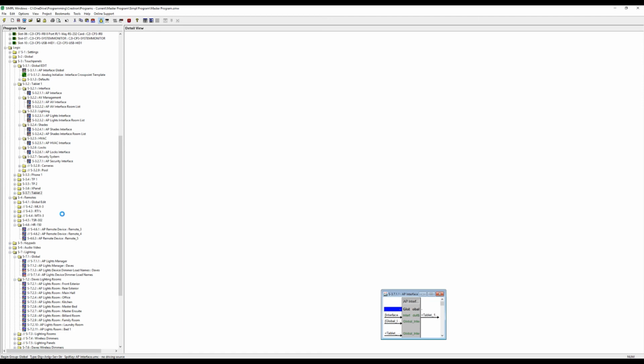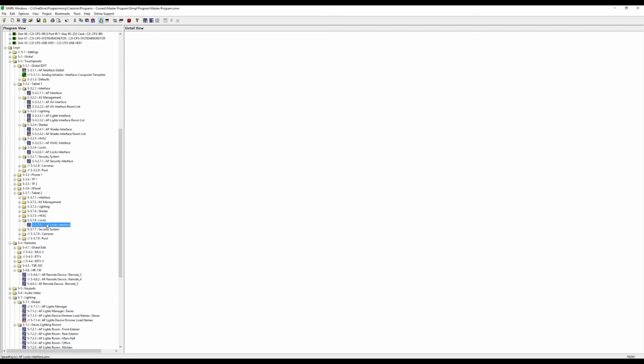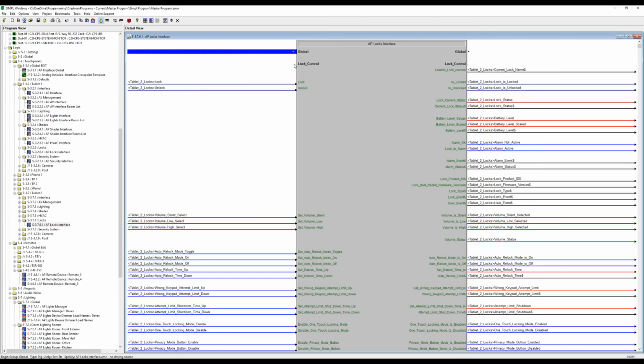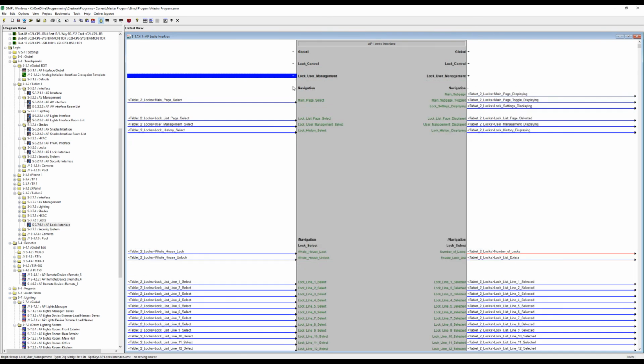And go. So there you go. So you'll see you have the locks here, all named tablet 2. And the only last thing we have to do is worry about the cross point control IDs,